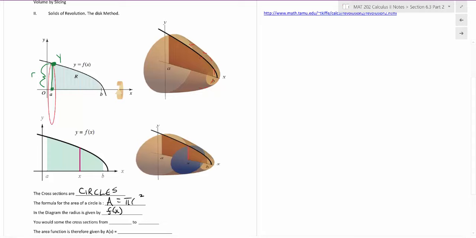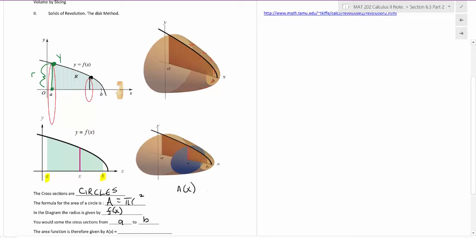If I draw a second circle over here somewhere, the radius gets a little bit smaller, but the idea is it's just represented by that function value. I didn't draw that real accurately, but that radius is really just that function value, what that y value is right there. Then what you're going to do in this diagram is integrate, or sum up, these disks from A to B,